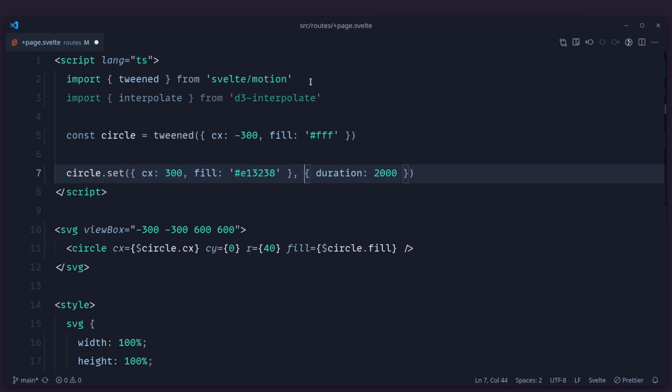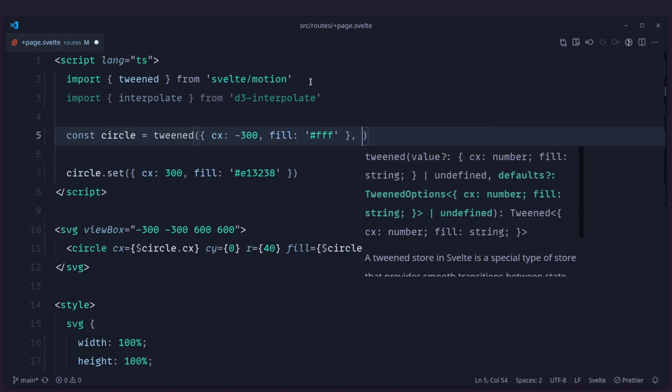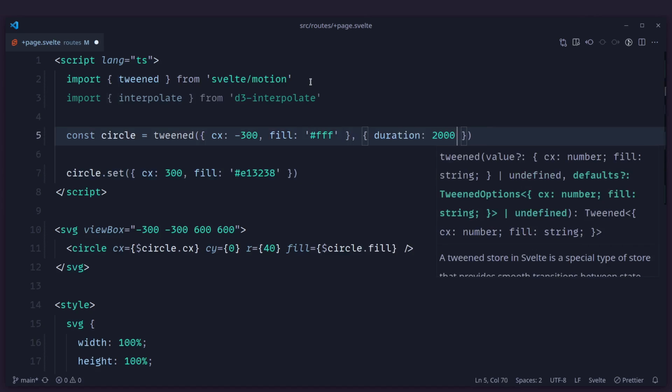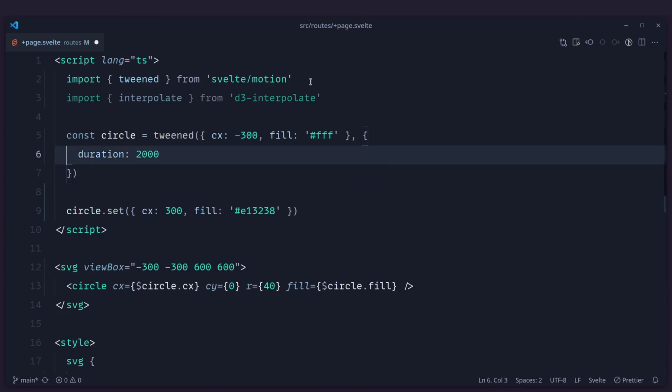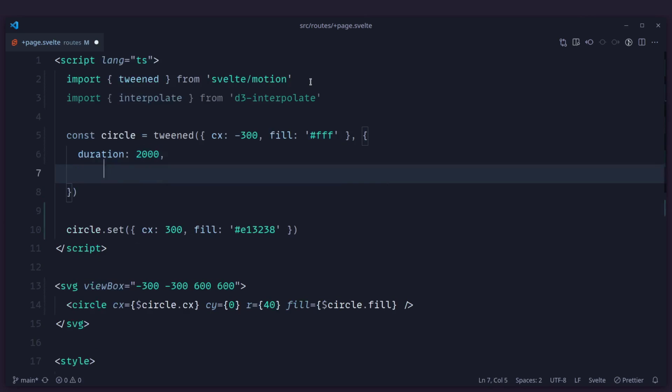So now let's move this configuration object from our animation here. We can specify a configuration object here. So you can keep the duration the same. So here is how you do it. So you can pass interpolate, and you can pass interpolate from D3, but of course, this is JavaScript, you can just make it shorter like this.